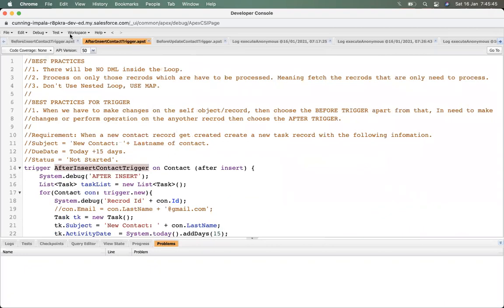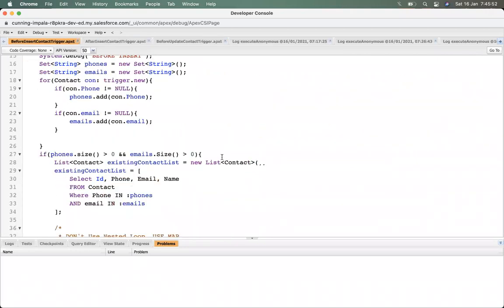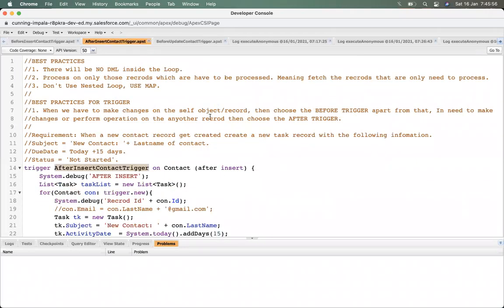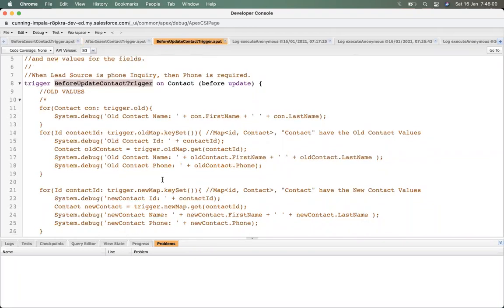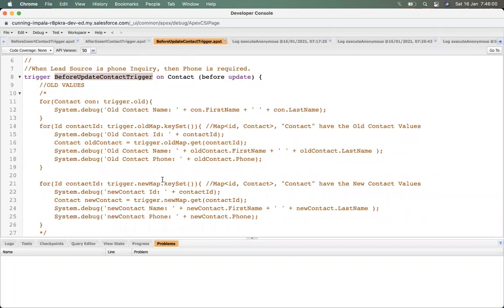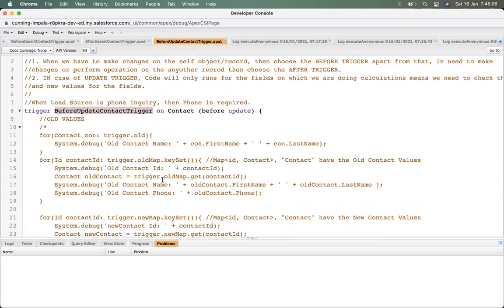We are not updating any existing trigger, because these triggers are already present. You can see there's before insert, after insert, and before update. These are the three triggers on the contact. We are using those, not updating any trigger. Okay, I got it. Thank you.